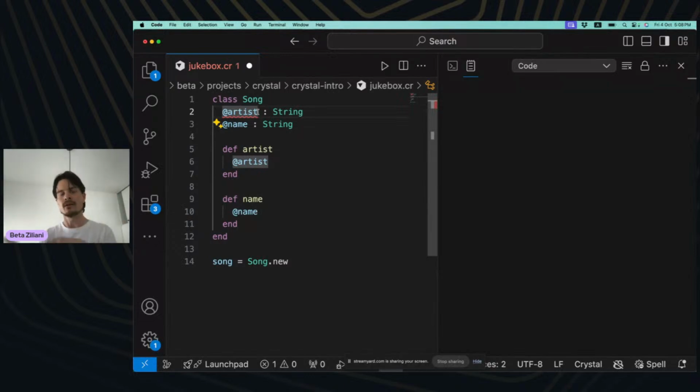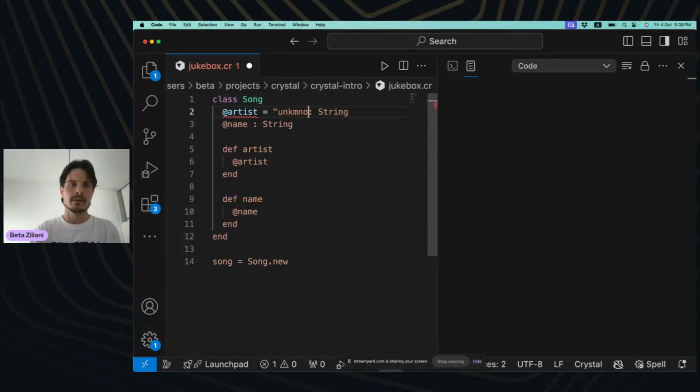You might call it nil or null. But it has to have a concrete string. And I have several ways to do that. One way is simply to put a default, unknown. Now it's complaining about the name.